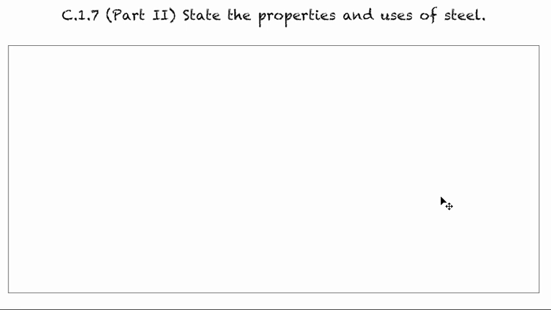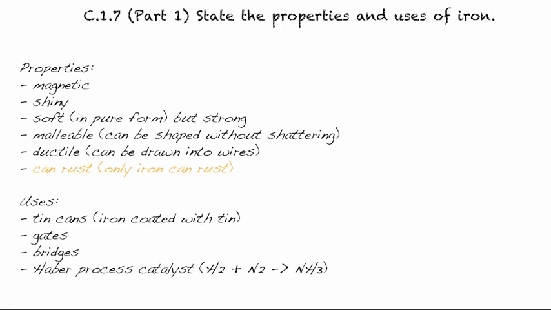This is C.1.7 Part 2, State the Properties and Uses of Steel. Now this is Part 2 because Part 1 was State the Properties and Uses of Iron. Now iron is then used to make steel, and most of our metals that involve iron are actually alloys like